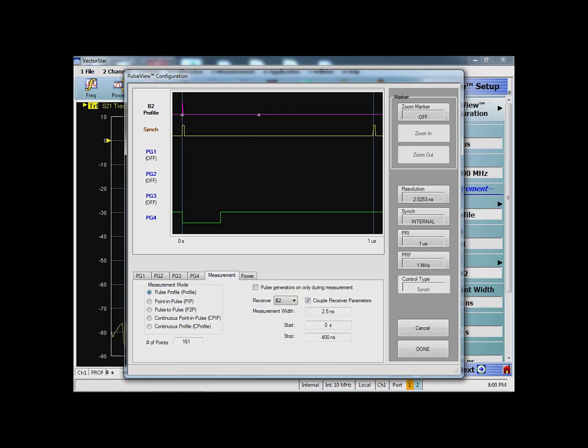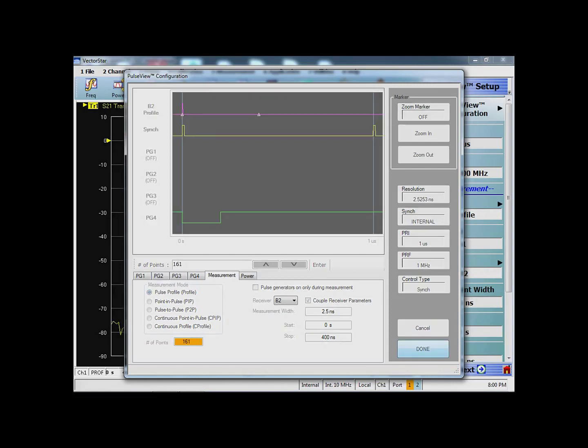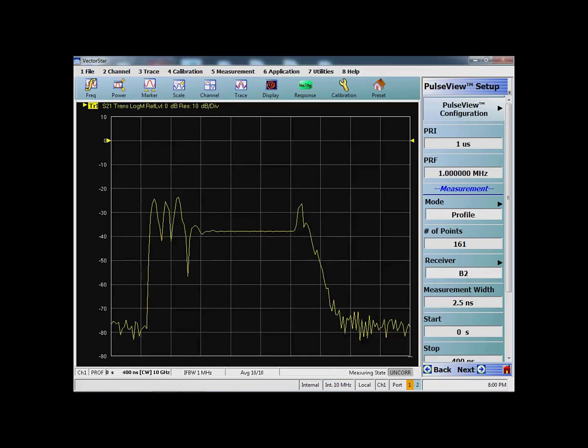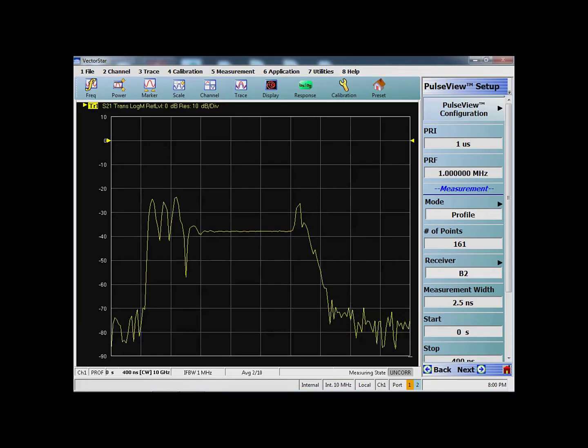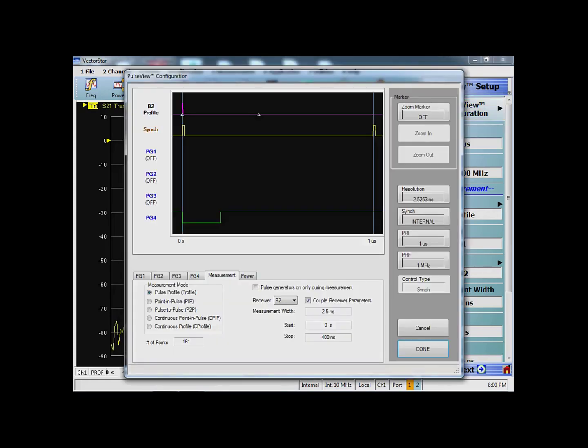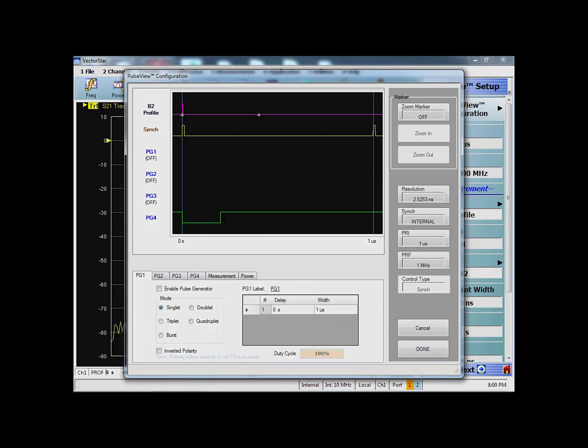Again, the measurement that I'm doing is a pulse profile, and right now my receivers are coupled. That means all the receivers that I have are coupled here, and the measurement is 2.5 nanoseconds start, 400 nanoseconds stop, and the number of data points for non-overlapping measurement windows is 161. So when I do a sweep, I should be able to see my pulse, which we have been analyzing in almost all our demonstrations. But now I have connected my internal pulse generator 1 to the Anritsu